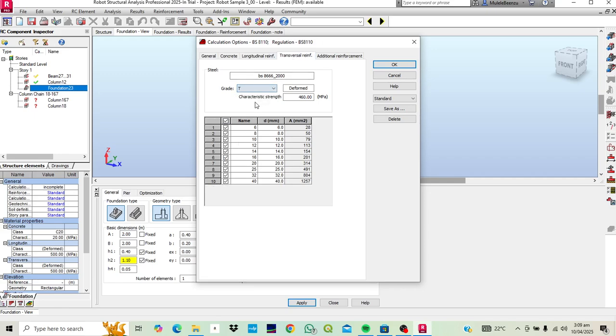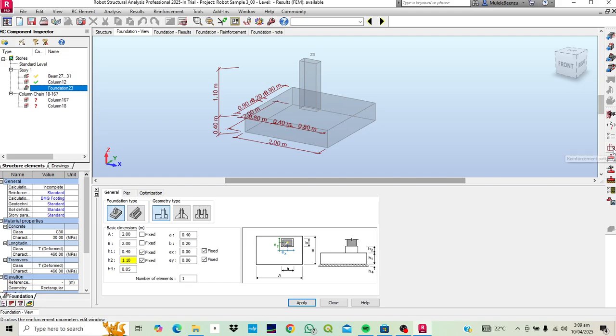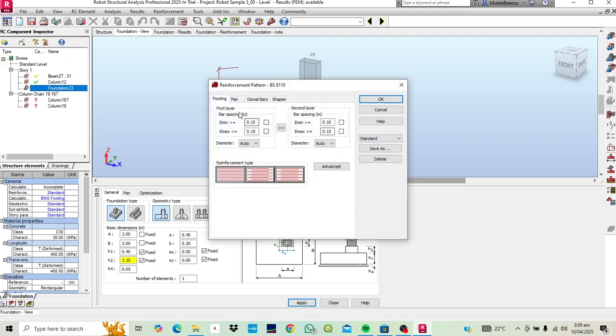Transverse reinforcement, let's use Y16 as well. And then additional reinforcement, we can use R12. You can save this as something like BMG14. Save that. Okay. Now for foundations, before we go on to the geotech, let's go to the footing parameters, how